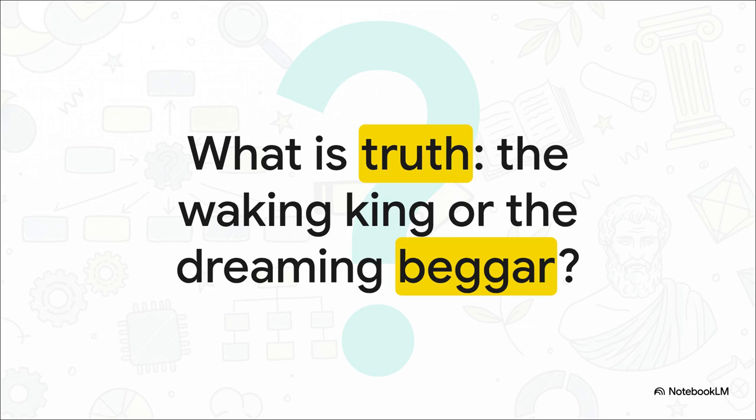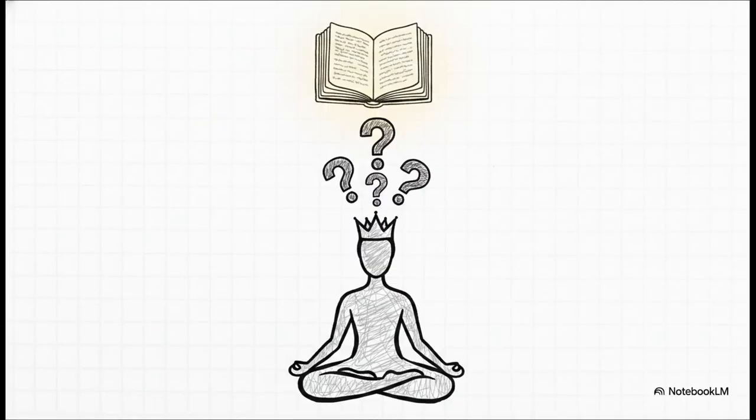Janaka didn't just ask one question and walk away. He deployed the ancient equivalent of the 5 whys. Who am I? How can I be free while ruling a kingdom? In sleep, who was the beggar? And as a king, who is the king? These repeated, deeply philosophical whys form the entire foundation of their discussion, and that continuous pursuit of the root cause of identity became what we now know as the Bhagwad Geeta.